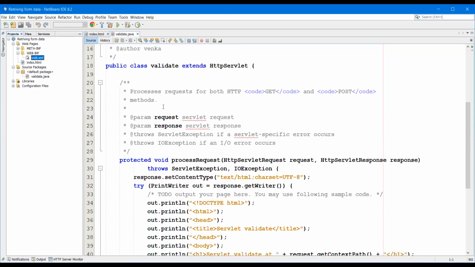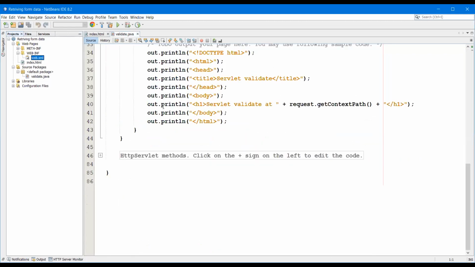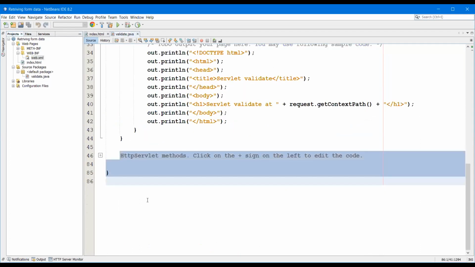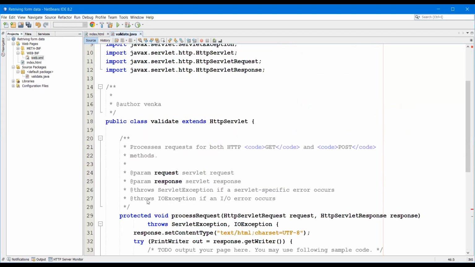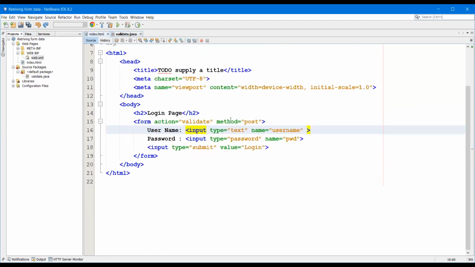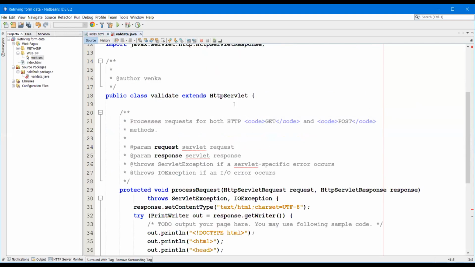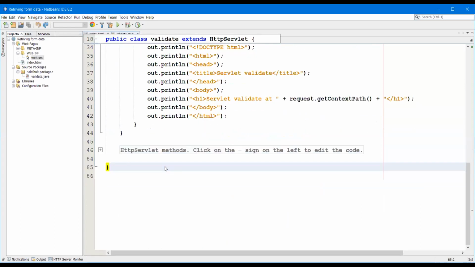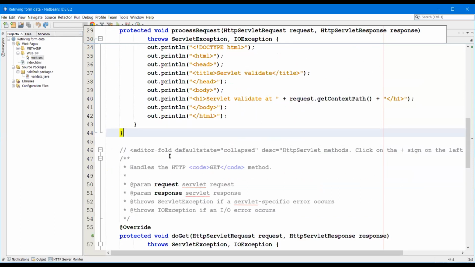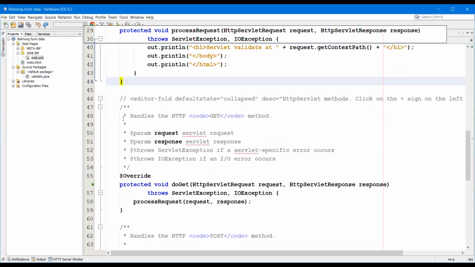Now we need to do the process. What is the method we have used? Remove all unnecessary code. So if you observe in our index.html, which method have we used? The post method we have used. So then we are supposed to use that.